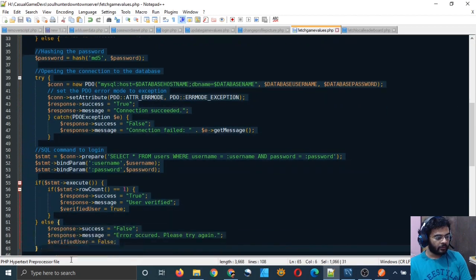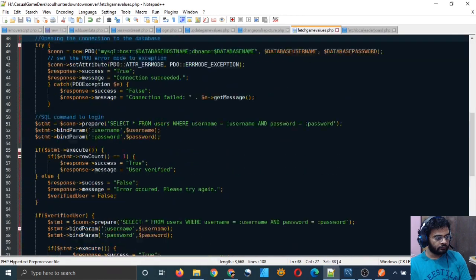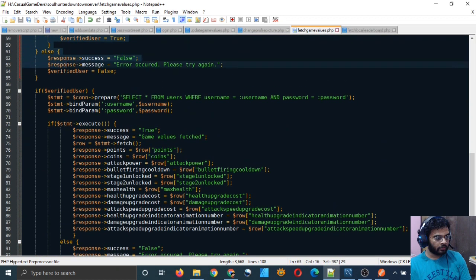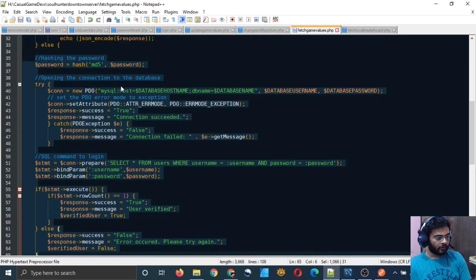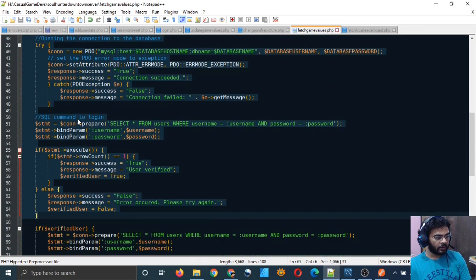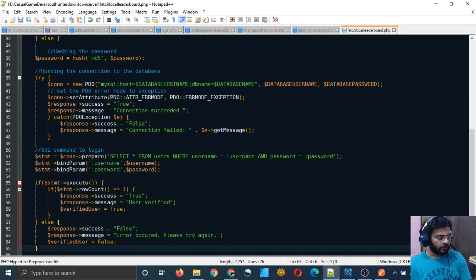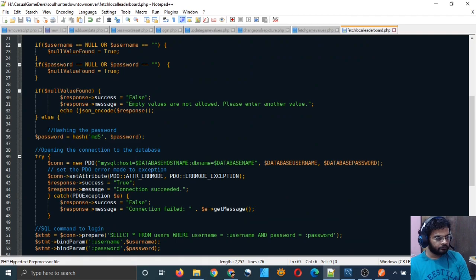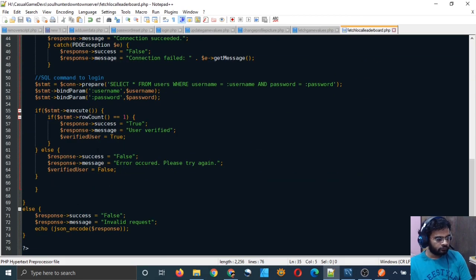Let me just copy this till here, from the hashing the password to SQL command to login. Just copy all this and paste it simply, right? So that's good.